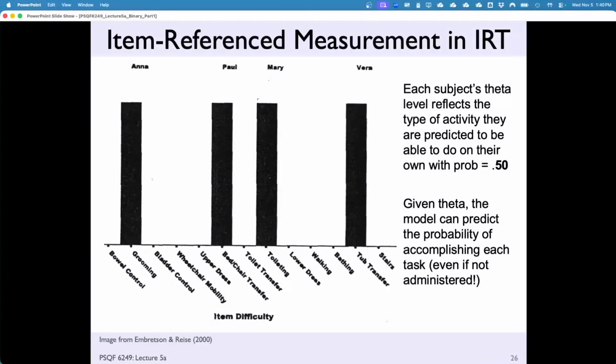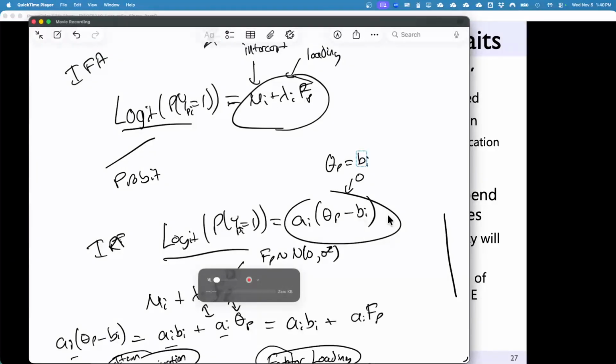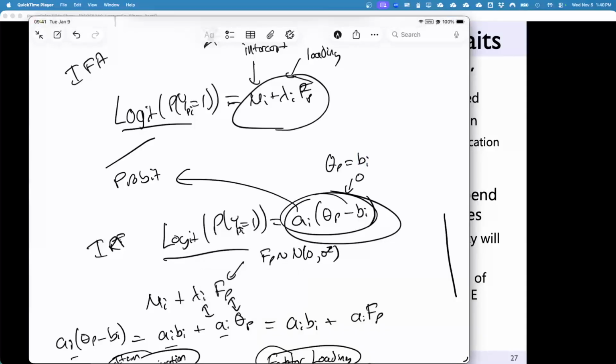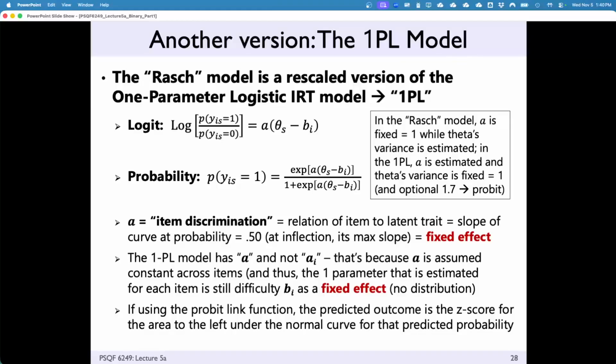In IRT, there are different models, which is really crazy. Now I'm going to step into the education branch of this lineage for a moment. In 1950, Frederick Lord came up with the 2-parameter normal ogive model, which is basically this parameterization right here, where the probit was used as a link function. And then shortly thereafter, in 1960, I am now blanking on the first name, but Rasch created something called the Rasch model, or the 1-parameter model.